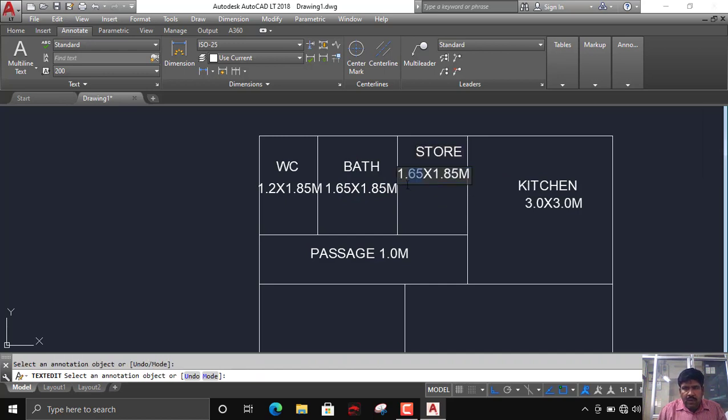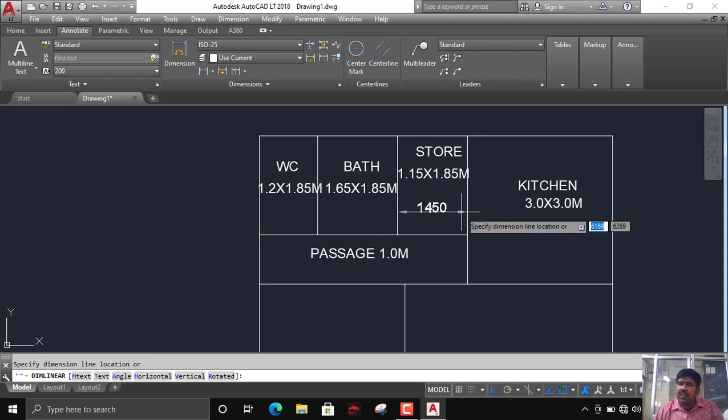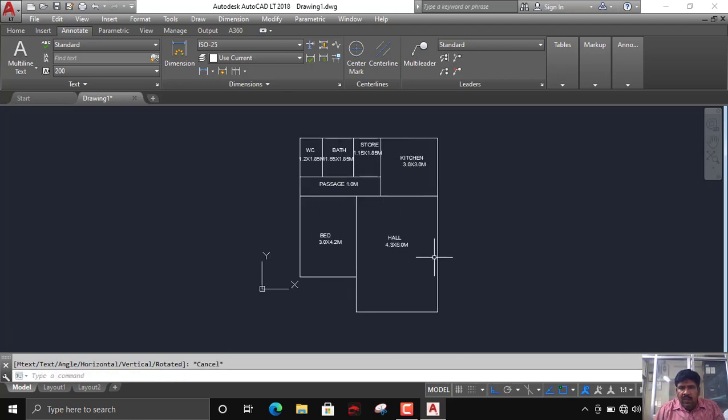What is the width? 1.15, 1.5, right? 1.2, 1.65, 1.45, right? Let it be. So this is my given line diagram.